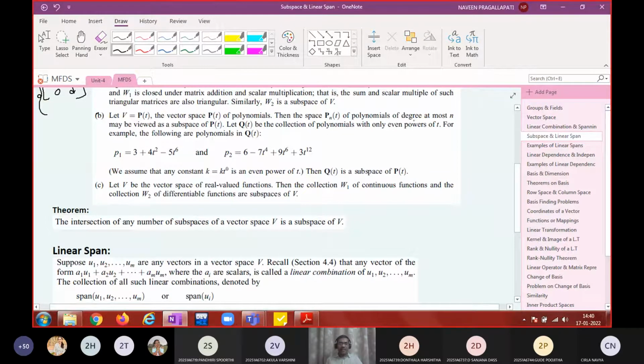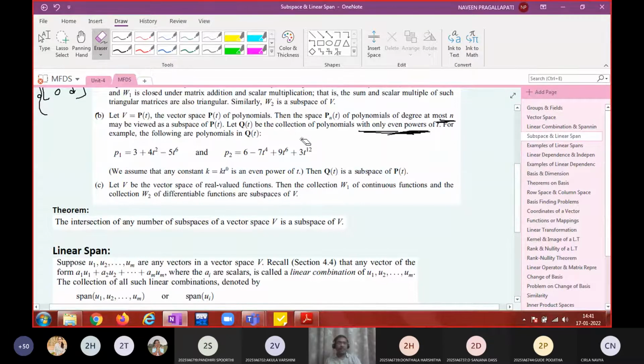The set of polynomials of degree at most n is going to form a vector space over the field of real numbers. Okay, and what is a subspace? If you take the set of all even powers of t, which is a subset of Pn of t, that means say Q equal to P of n by 2, let us say, where n is an even number. If you take the set of all even degree polynomials, that also forms a subspace of the vector space.